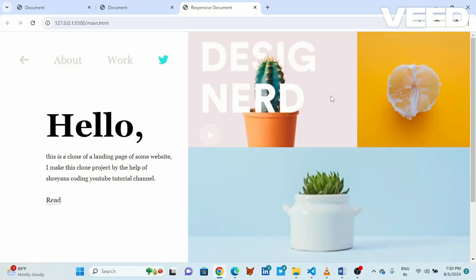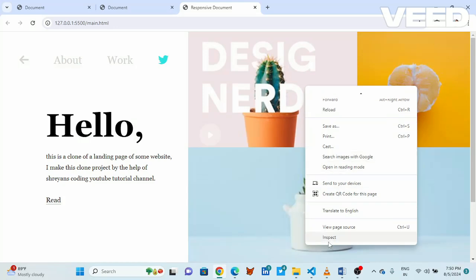One of the key features of this project is its responsiveness. The layout adjusts seamlessly across different screen sizes. So to see whether it is responsive or not, let's go and inspect it.